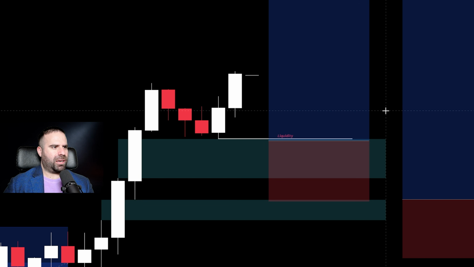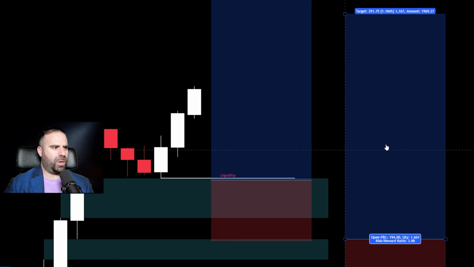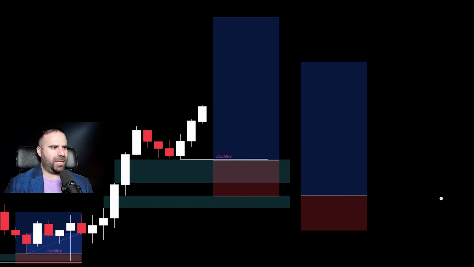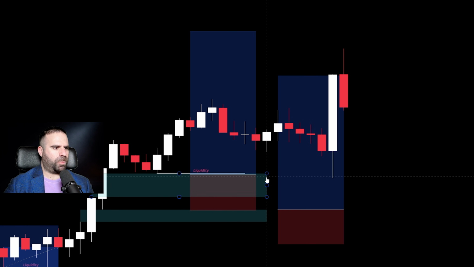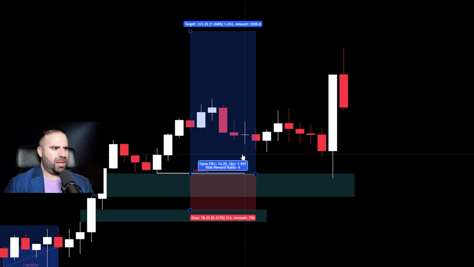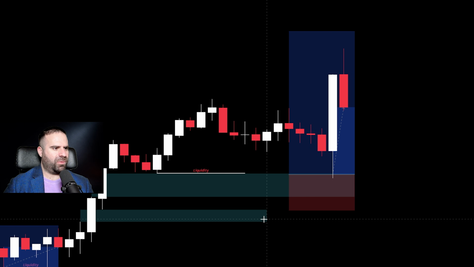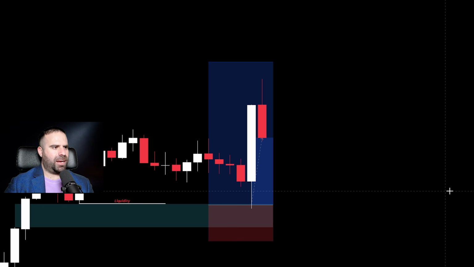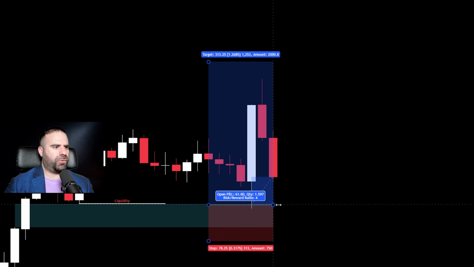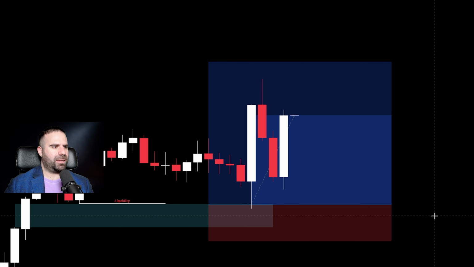So let's see what this liquidity is going to be doing. Let's zoom out just a little bit and let's proceed and see which one is going to be tested of those. Okay, we proceed and I think, excuse me, we're in the trade. Delete the second one because the first one has been activated. Very nice. You will be targeting with this strategy at least a 4-to-1 reward to risk. Do you get it? Okay, at least a 4-to-1 reward to risk. Let's proceed and let's see if our 4-to-1 reward to risk is being hit, is being met.